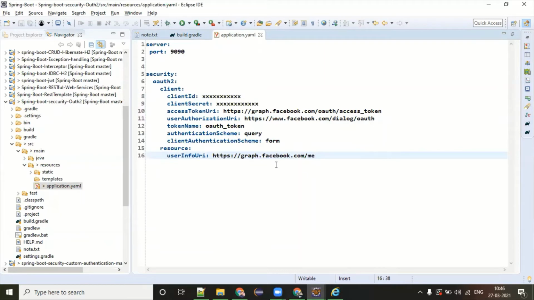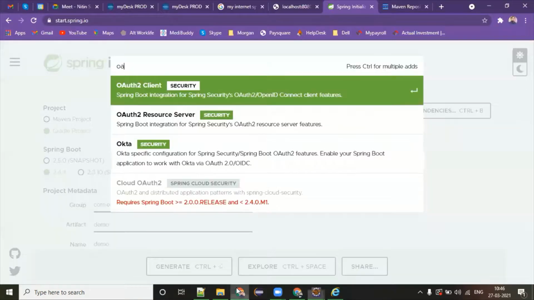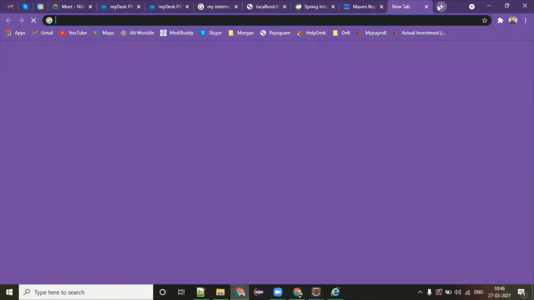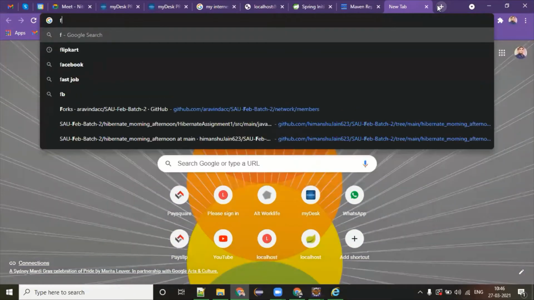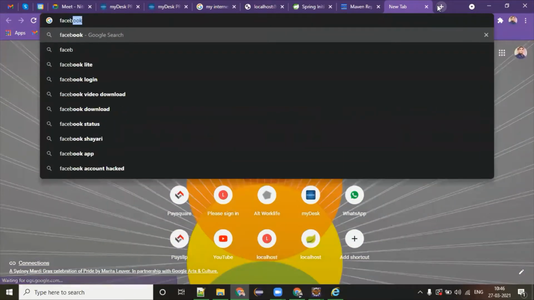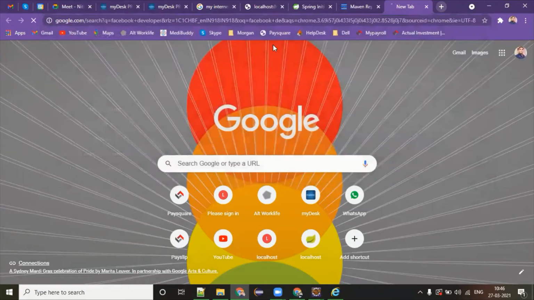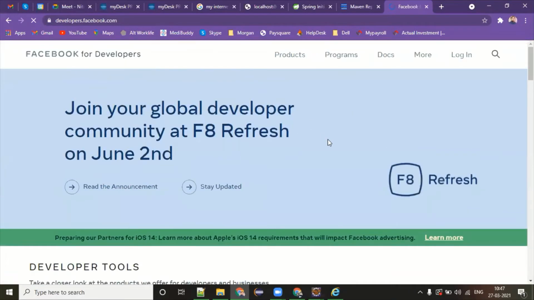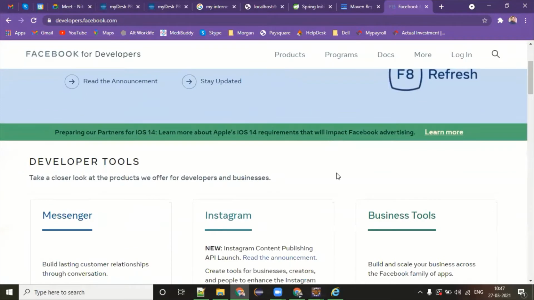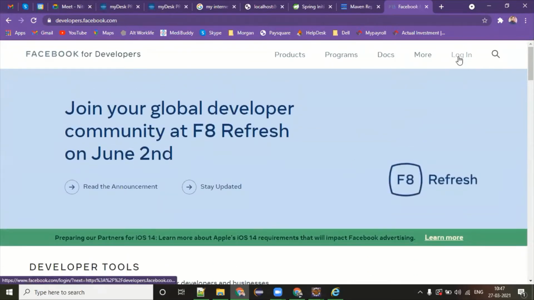Every Auth2 provider application gives you these details. If you want to get started with Facebook Auth2, there is Facebook for developers. Go to this website, Facebook developers, and then you need to log in.